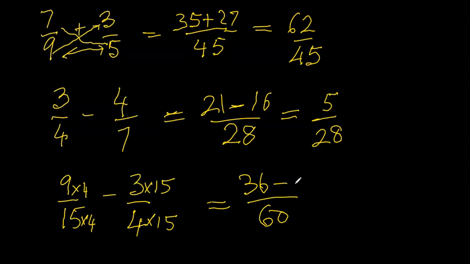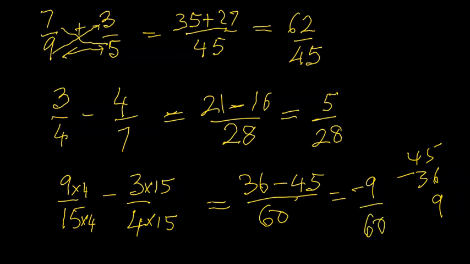So that becomes 45. And looks like we're going to get a negative, right? So 45 minus 36, that's 9. So this is going to be, we have a smaller number from which we're subtracting a bigger number. So it's going to be minus